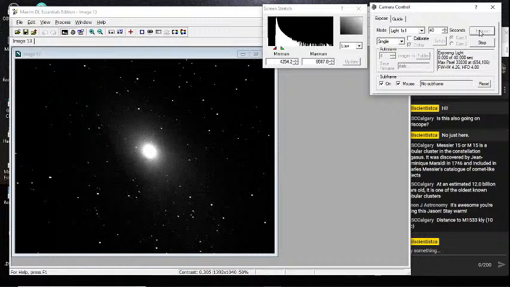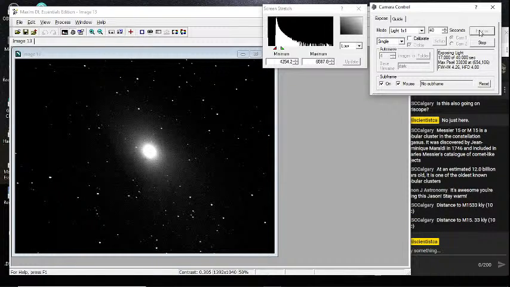So we'll do 40. There we go. We'll try that. So we'll do a 40-second exposure and see if we're going to get much more detail. I can't really do much longer exposures here because I'm in the city. But we'll see if we can see a little bit more.